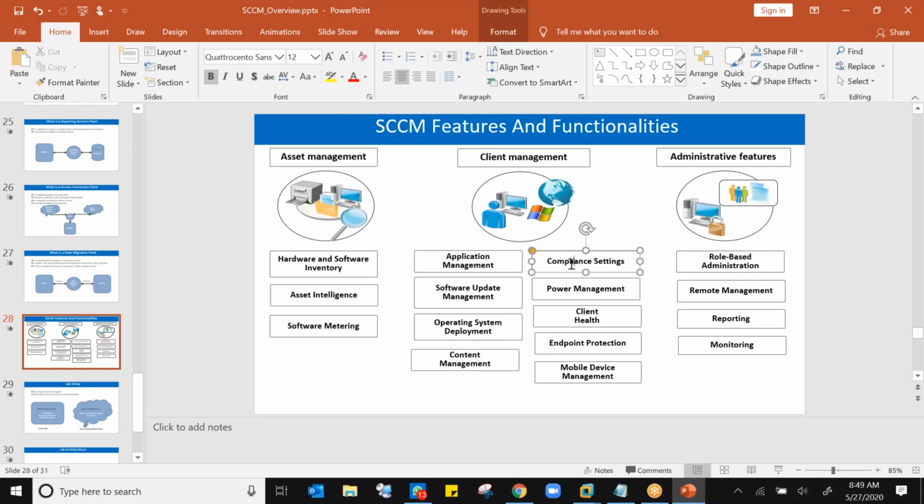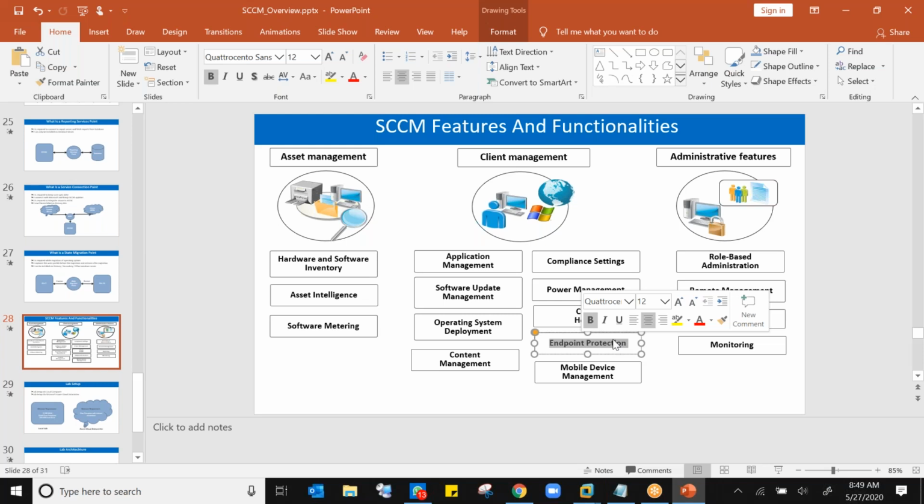Compliance setting, you can find out how many computers are compliant, non-compliant. Power management, you can also define power policy, whether the computer will go for a sleep mode or hibernate mode, or turn off the monitors or shut down the computers during certain hours. You can use that. Client health, endpoint protection,